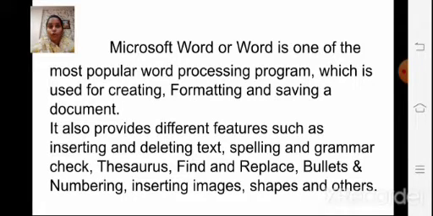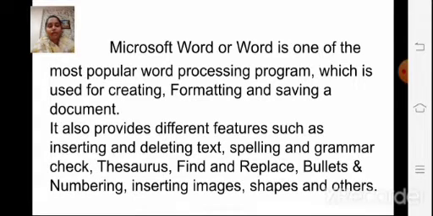It also provides different features such as inserting and deleting text, spelling and grammar check, thesaurus, find and replace, bullets and numbering, inserting images, shapes and others. One by one, we will learn how to use all these features.